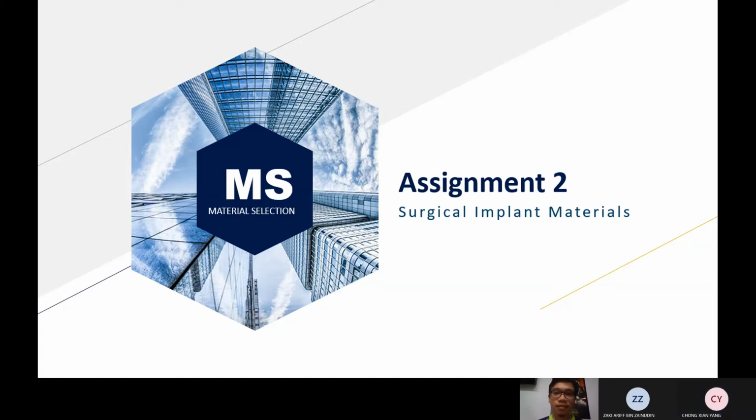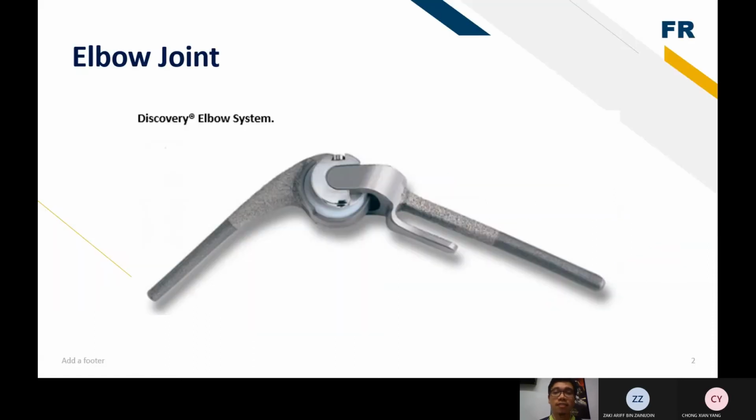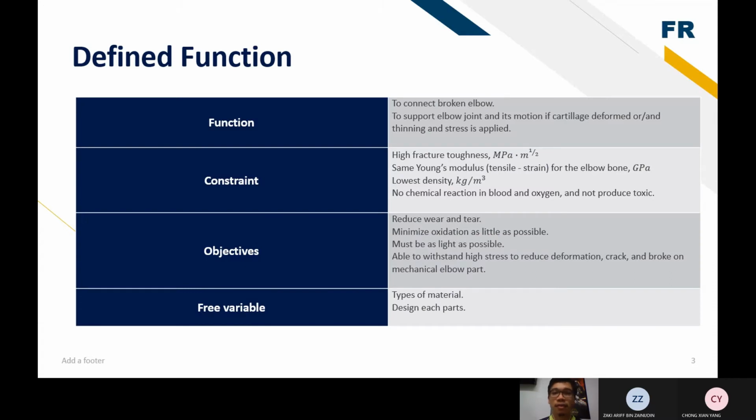For assignment 2, for the title surgical implant materials, we choose the elbow joint as a product. It is called the Discovery Elbow System. Its function is to connect a broken elbow to support the elbow and its motion if the cartilage deforms or is thinning and stress is applied. So the objective that we understand from the product is that we want to reduce wear